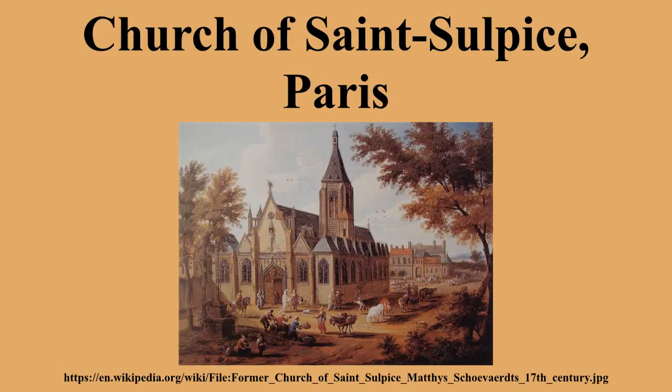The new building was founded in 1646 by parish priest Jean-Jacques Ollier, who had established the Society of Saint-Sulpice, a clerical congregation, and a seminary attached to the church. Anne of Austria laid the first stone. Construction began in 1646 to designs which had been created in 1636 by Christophe Gamard, but the Fronde interfered, and only the Lady Chapel had been built by 1660, when Daniel Guittard provided a new general design for most of